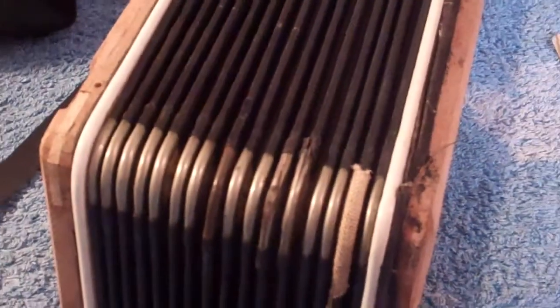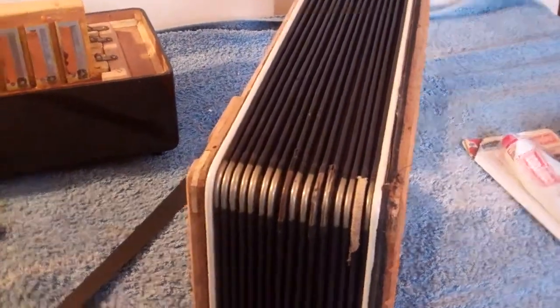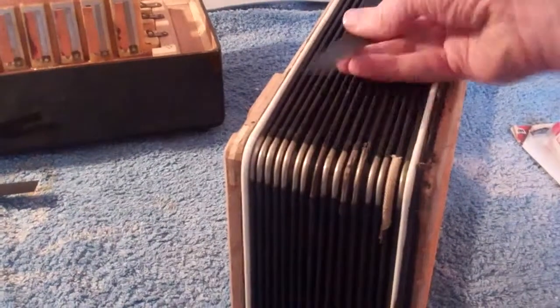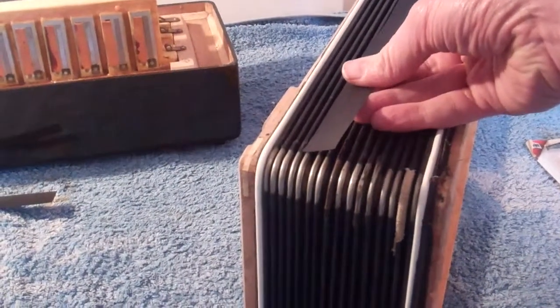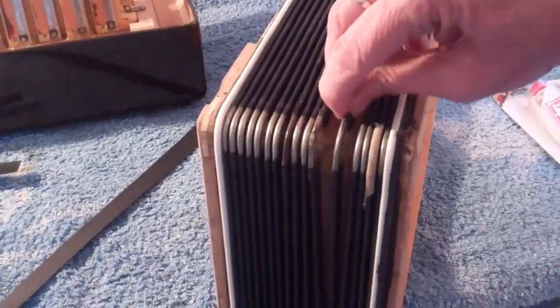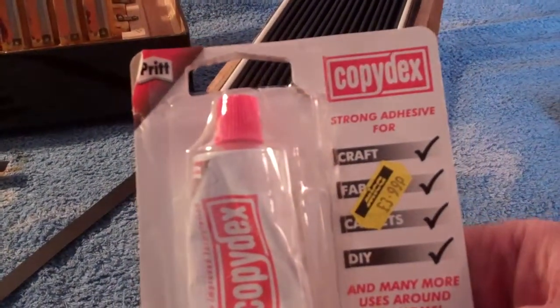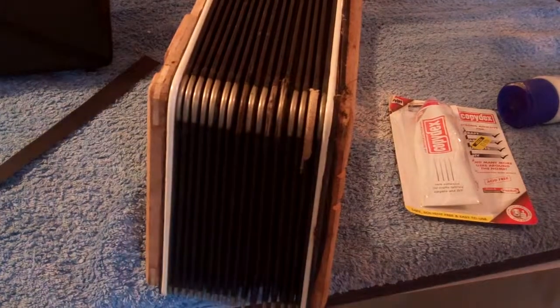And what we do with that is we need this material. This is bellows repair material, and if we were doing the full length of the bellows, we'd cut strips like this and then we would glue them. But actually, we only need a very small bit for this, and what we stick it with is we use Copydex. So the first thing I need to do is I need to cut